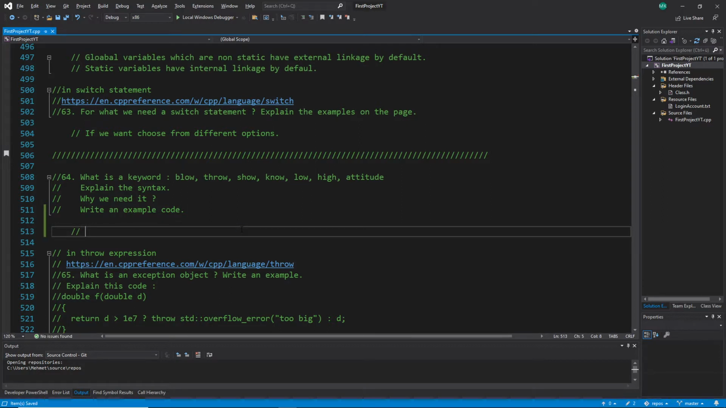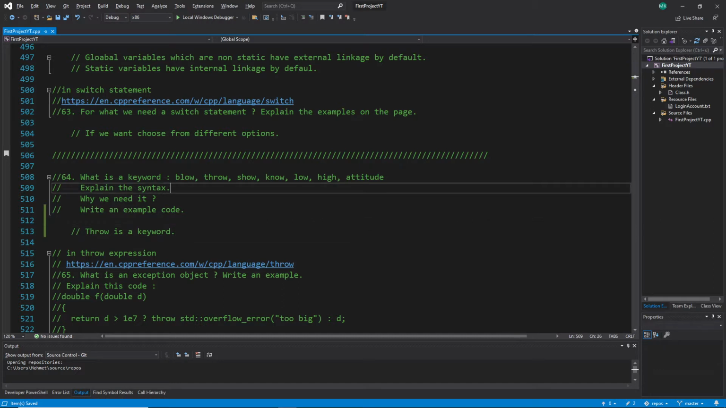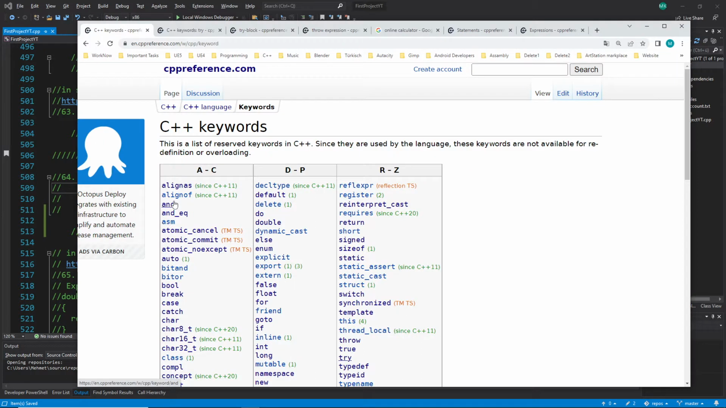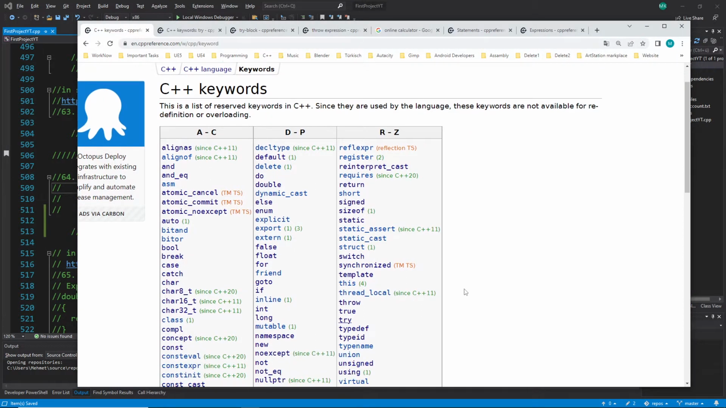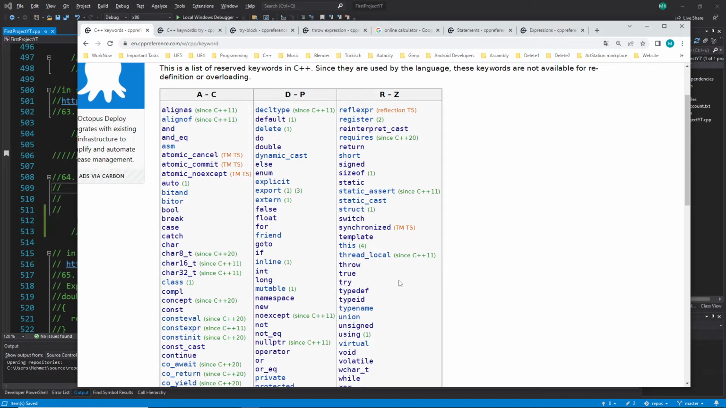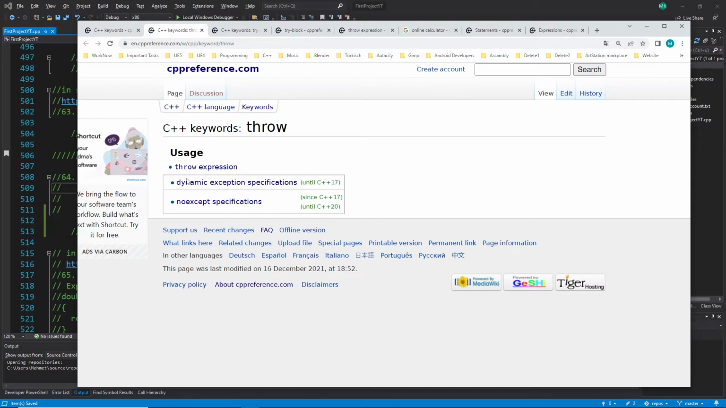So, first, what is a keyword? I hope you got it. It was the word throw. Throw is a keyword. All right, the second, explain the syntax. And when you see something like that, explain the syntax means if you memorize it, very nice, but you don't have to memorize something like that. Just go to the official documentation and try to explain it from there, because this is the starting goal which you should know. So we go to the word throw, we click on it,